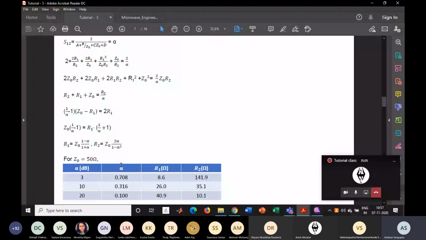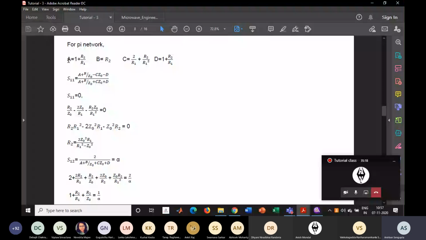Now for the pi network, the same process you have to follow. First of all, calculate the ABCD parameters of the whole network, then convert it into S11 by using the same equations. Again the condition is the same, S11 is 0, because all the ports are matched. You will find one design equation for R2 or R1, whatever you can say. Now again S21 will give you another equation,